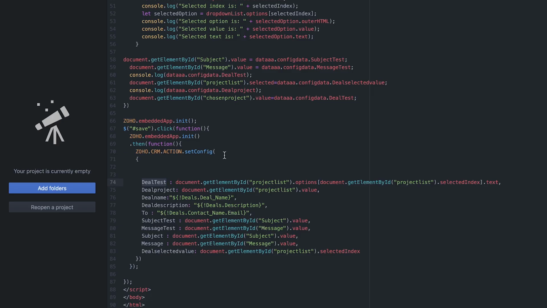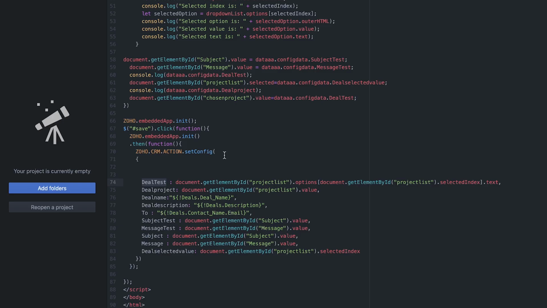Along with this, our action is going to be sending out the emails, right? And creating the deal as a task in Projects. When you want to create the deal as a task in the project, we essentially need the name for the task and a description for the task. We can give the same name and the same description as that of the deal itself when creating the deal as a task in Zoho Projects, right?